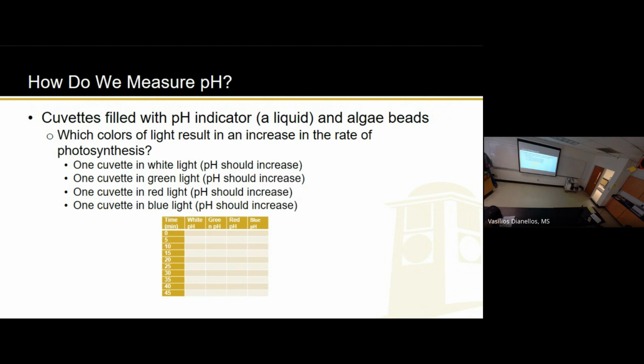So that being said, based strictly on what I said, which color do you think would be best for photosynthesis of these? White, green, red, or blue? White, I agree. Logically, that makes sense because that's all the colors. And which one do you think might be the worst? Green, right? At least based on what I described, that makes sense because that's the one color that's being reflected. There are some other things to consider, like for the fact blue light is very high energy light, red light is a very low energy light. All these things you'll learn about later, but that's the basics. So if you know that, it should help you with this.